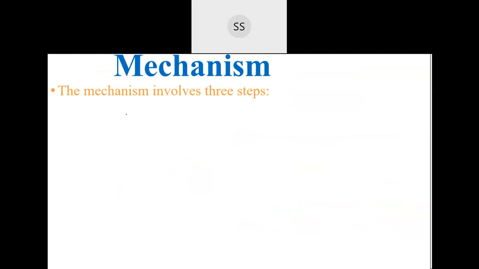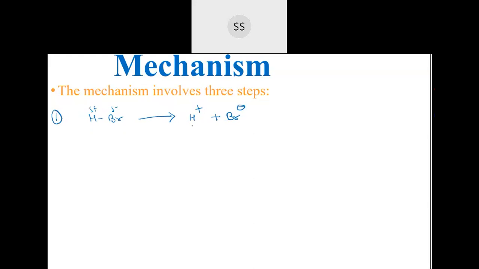Now you are taking the first one, HBr, because that is a polar molecule which will break down easily. In the first step, you know that there is a charge separation in this HBr. This is negative and this is positive, so it will break down. During the reaction this breaks down to give you H plus and Br minus. So this will be the first step: HBr breaks down to give you H plus and Br minus.